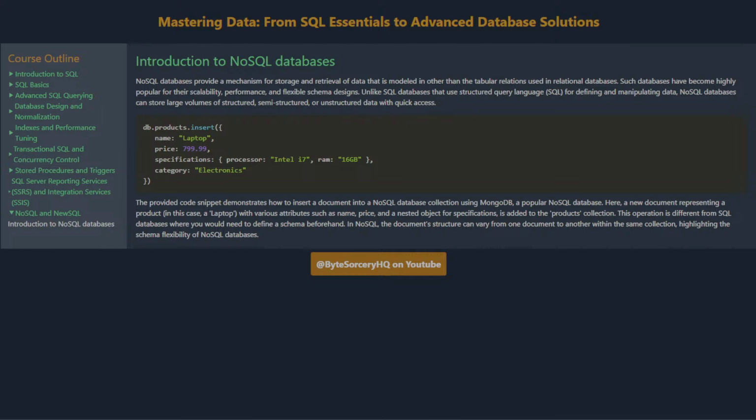The provided code snippet demonstrates how to insert a document into a NoSQL database collection using MongoDB, a popular NoSQL database. Here, a new document representing a product, in this case a laptop, with various attributes such as name, price, and a nested object for specifications, is added to the products collection. This operation is different from SQL databases where you would need to define a schema beforehand. In NoSQL, the document structure can vary from one document to another within the same collection, highlighting the schema flexibility